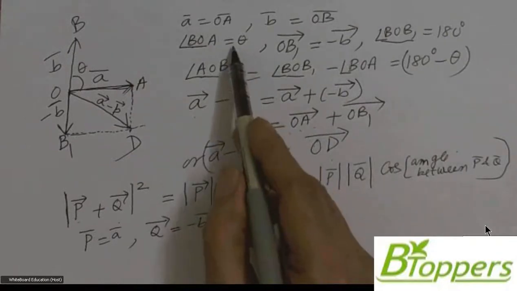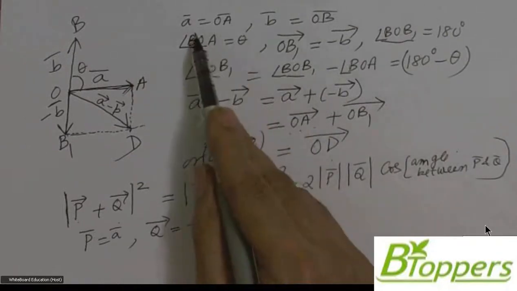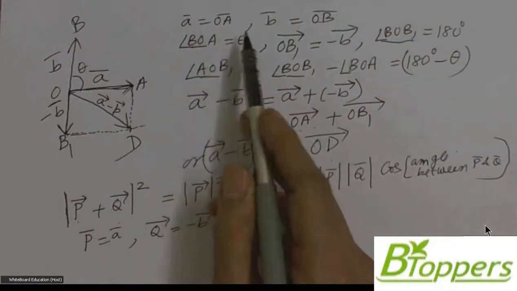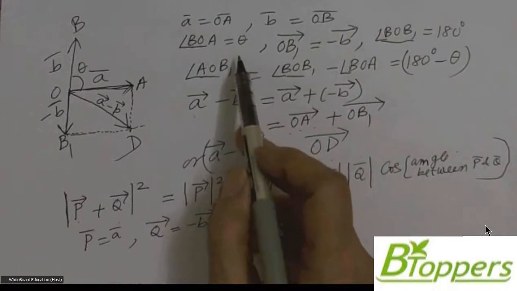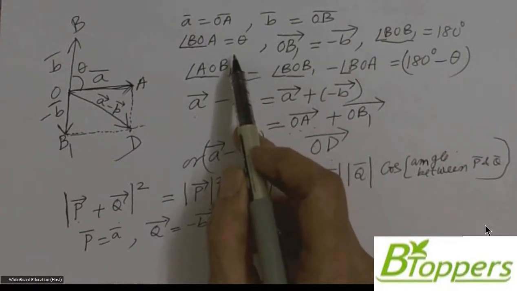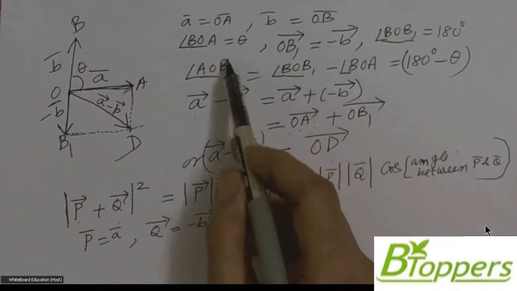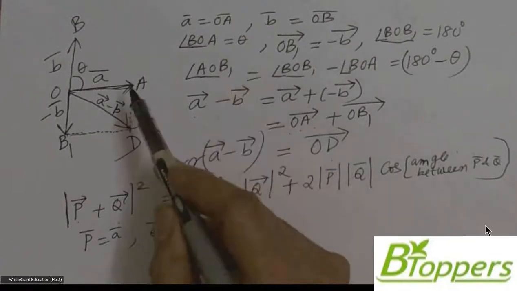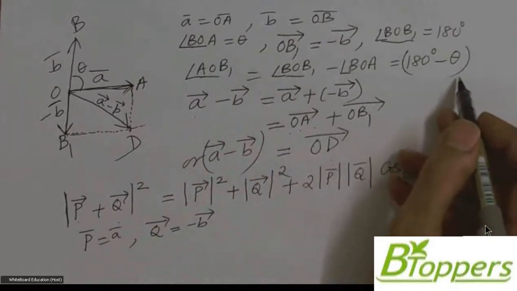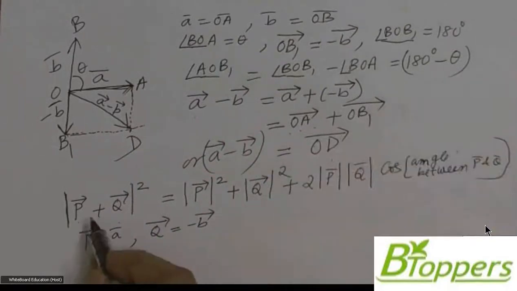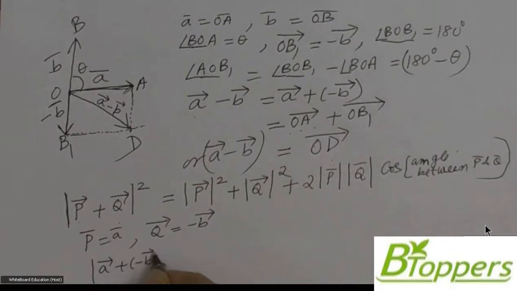So if theta is the angle between the vectors A bar and B bar, then the angle between the vectors A bar and minus B bar will be 180 degrees minus theta. So using this equation, we can write the square of the magnitude of the vector sum of A bar and minus B bar